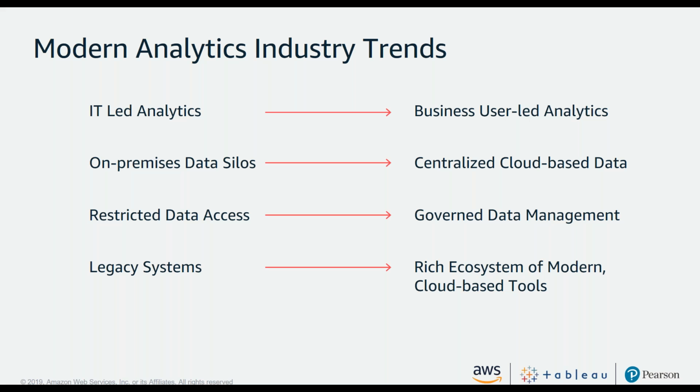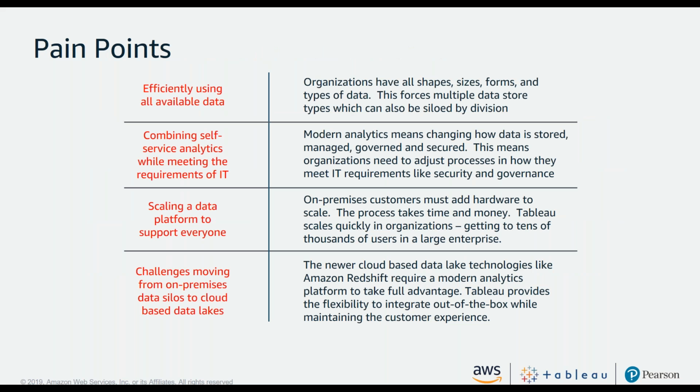We see people moving from restricted data access, where like a small team of people were able to generate new insights, to governed data management, where we put effective controls around it and we effectively enable devolution of that to all of the lines of business. And then finally, we see this need to move away from legacy systems to this rich ecosystem of modern cloud-based tools. And that's where we partner extensively with AWS. Now, in terms of what a joint Tableau and AWS solution unlocks,